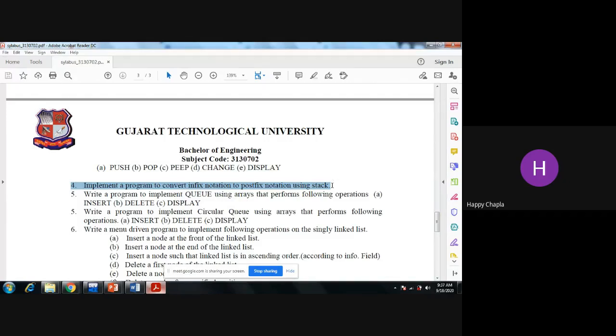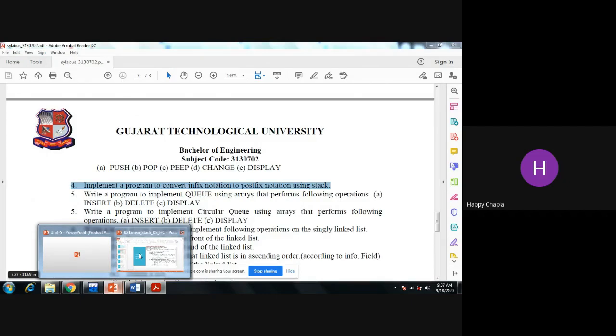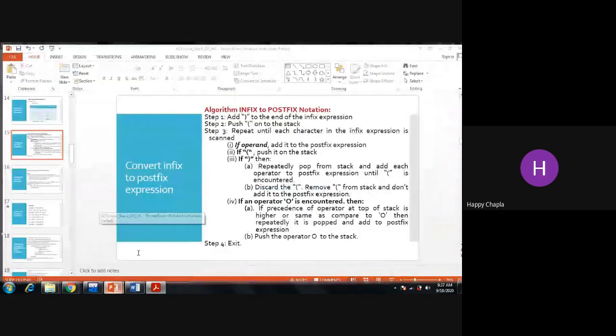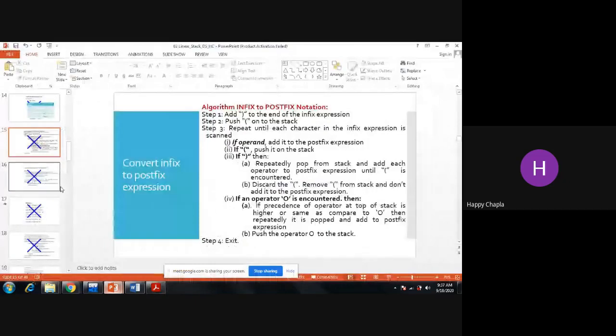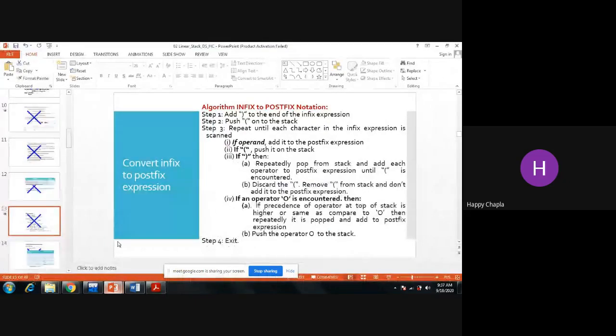In the class section we had already discussed how to convert your infix expression into postfix, but without using the stack. We had discussed that direct method.